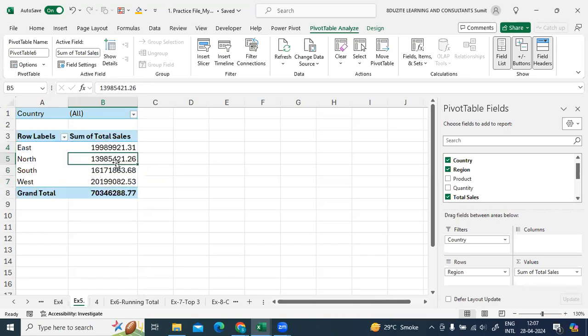Now, what I do is, I click on the pivot table. I go to pivot table analyze. On the pivot table analyze, on the left side,